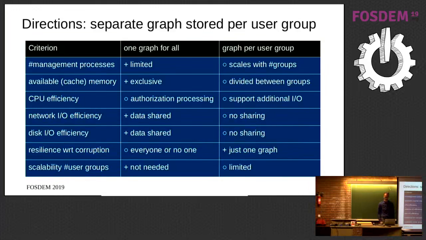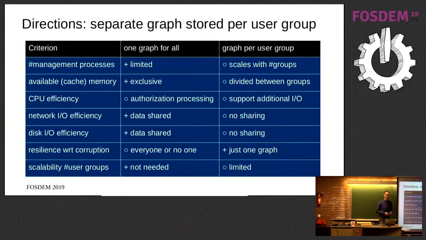So that's not nice. The second important thing is the available cache memory in your graph database. Of course, the performance of a graph database is greatly enhanced by cache memory, because often visited nodes will be served from memory. When you have just one graph, then you can apply all the cache memory to the single